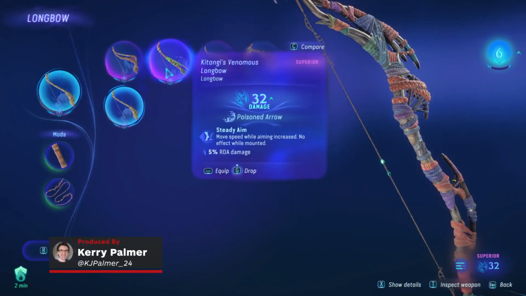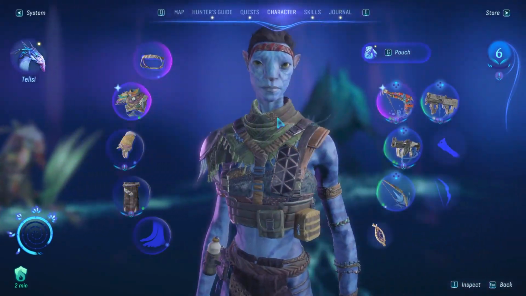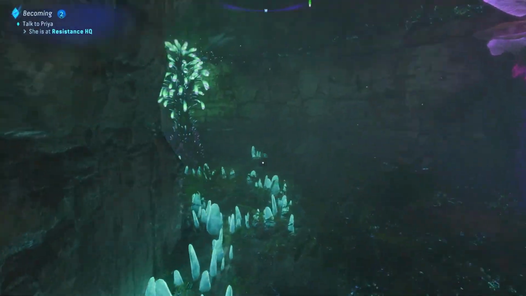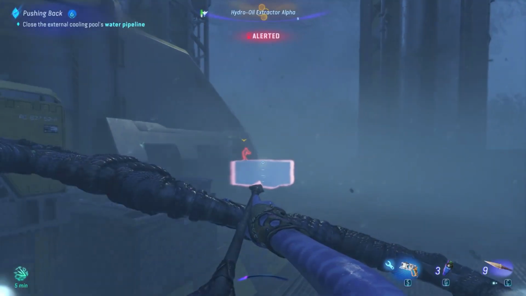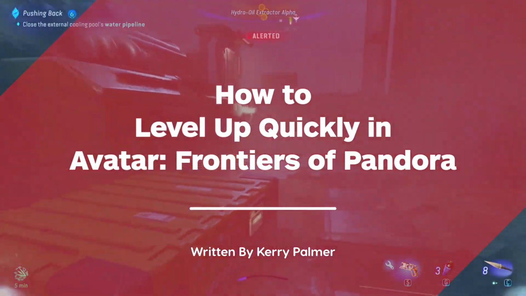It's not always clear what the best ways to level up are in Avatar Frontiers of Pandora. Should you spend more time hunting wildlife to gain resources? Maybe finding Tarsyu Saplings and Bellsprigs would help get your level across the line. We've experimented and tested some ways to get that level number climbing to help you level up quickly in Avatar